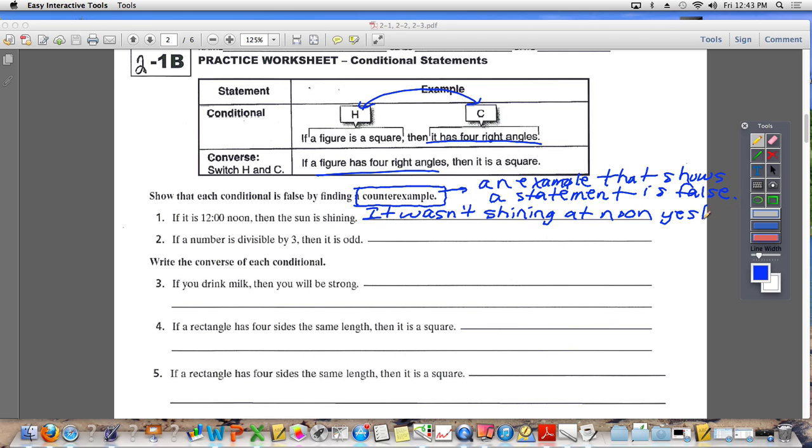I left school early. I can't remember. Was the sunshine yesterday? I think it wasn't. I don't remember, but let's pretend that it was not. Okay. If a number is divisible by 3,